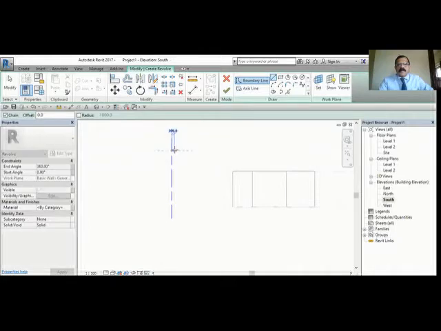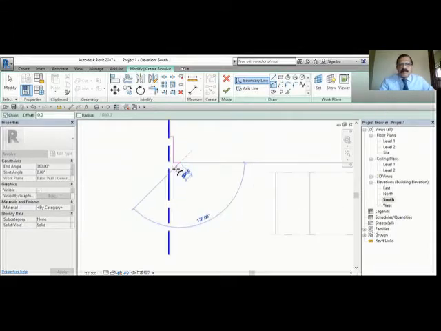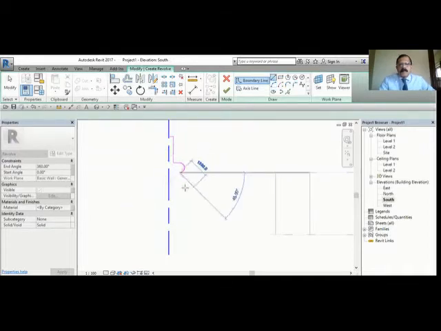I'll create a small one. This is very useful to create some balcony, some design and other things. Sometimes you can make interesting shapes like table legs.